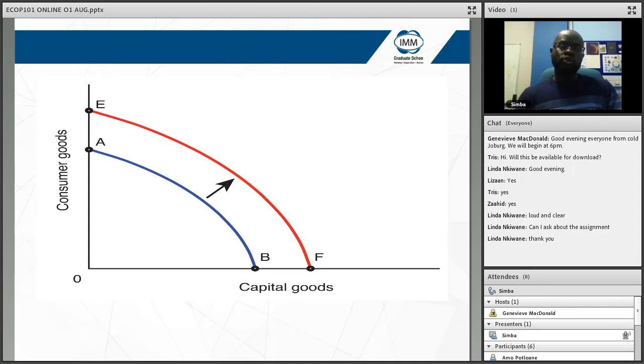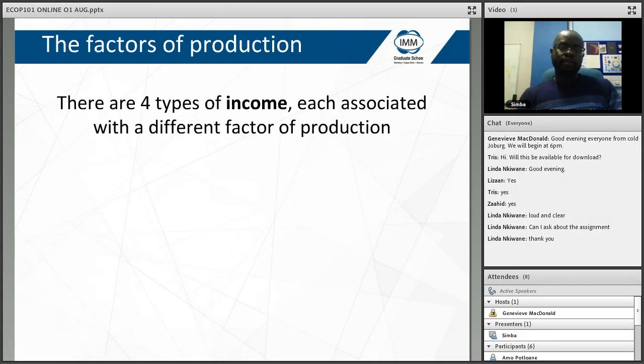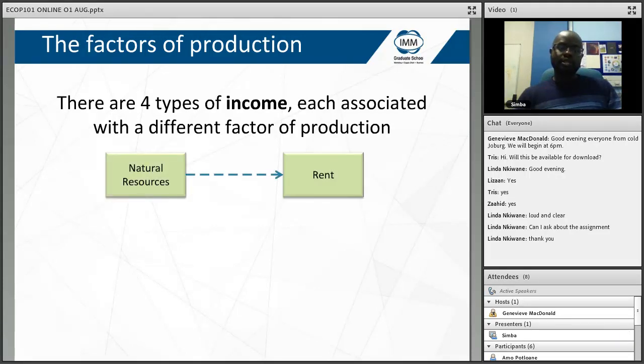Or it could go in the opposite direction. Also, what is important is to know which one was the original PPC, which one is now the new PPC. All right. Then it is important as we proceed to know the factors of production. It is important to know the factors of production that are associated with production in an economy. So we are saying there, you look at the factors of production, you need to be able to describe